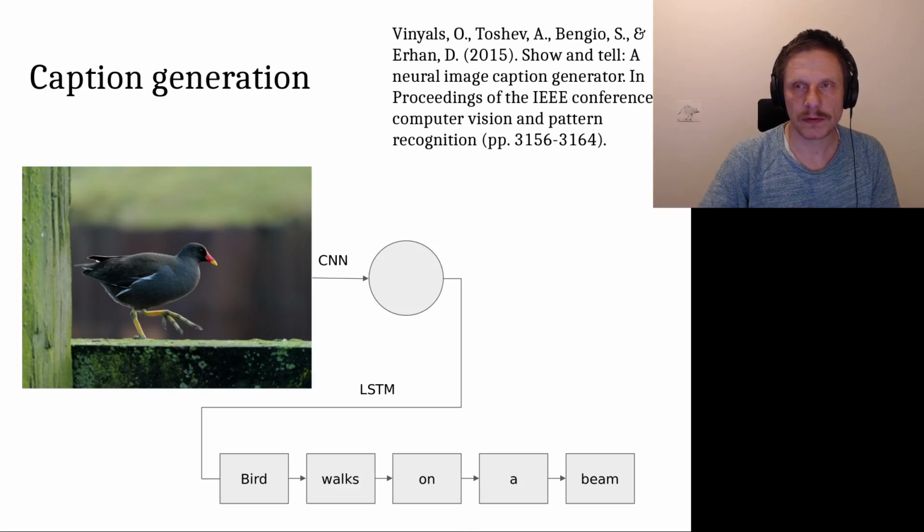And so one of the first proposals about how to use deep learning to generate captions for images was introduced in this paper, Show and Tell, a neural image caption generator. Schematically, simplifying that approach, we have a convolutional neural network which is encoding the image into some kind